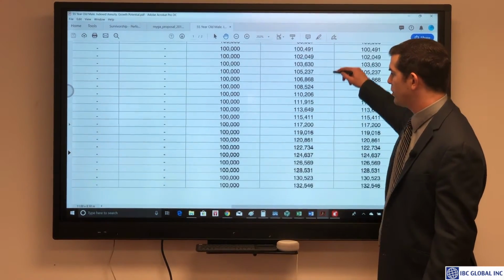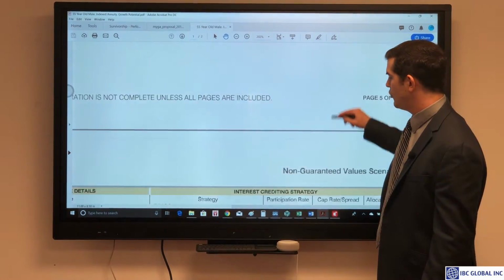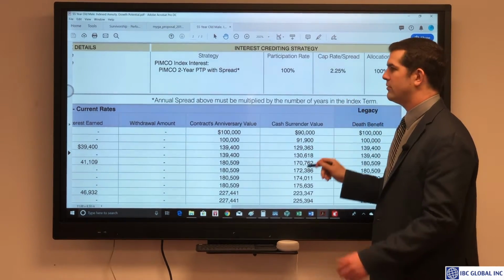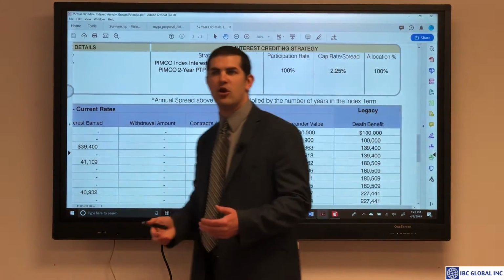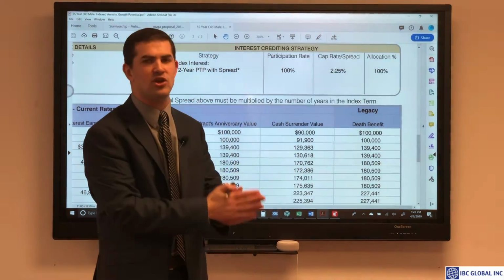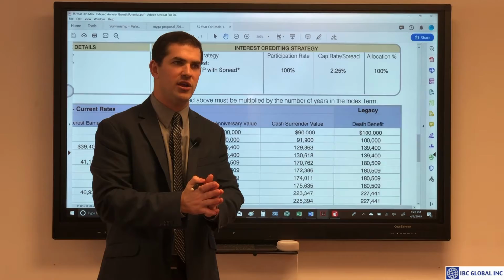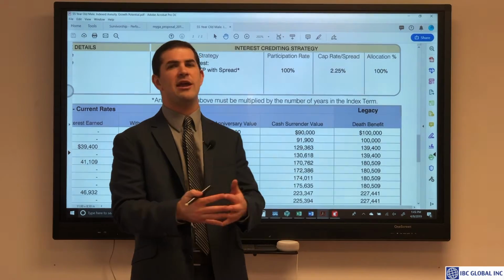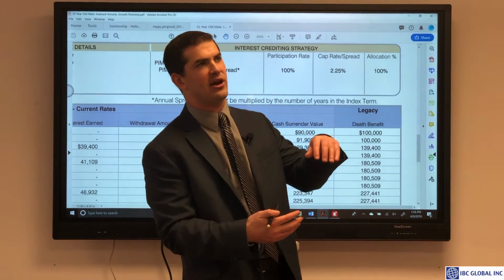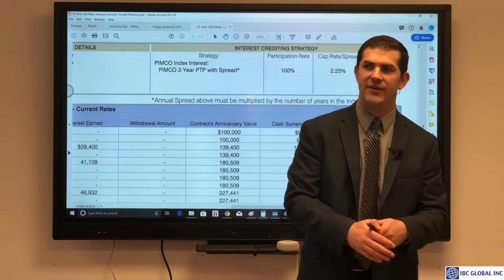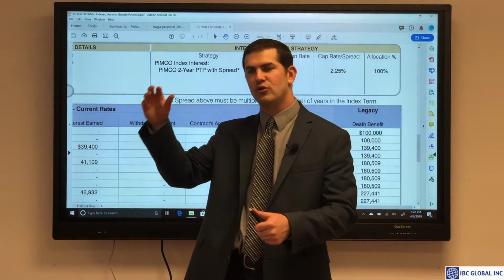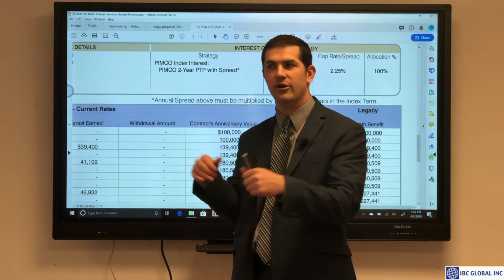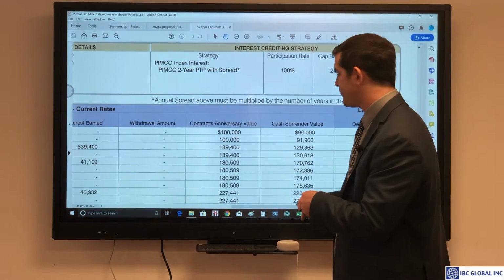Let's scroll down here and look at the non-guaranteed example. And this can be tricky. When we look at these non-guaranteed examples with annuities, they are based off of market history in most cases. Meaning we don't plug in, here's a 6% hypothetical return, here's a 4%, here's a 10%. Here's what the market has done the past 30 years. If it repeats itself and the insurance companies keep the same participation rates and terms, which we'll get into in a second here, here's what I can expect my values to grow to.